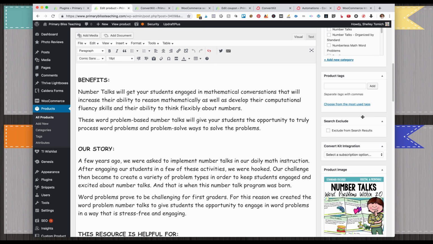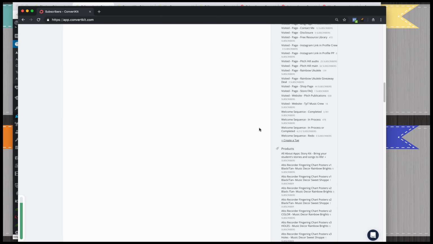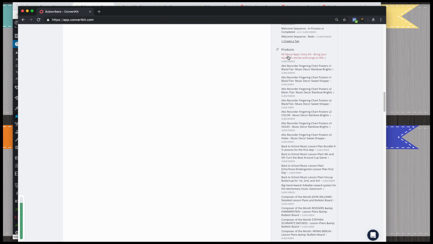So there's one other funky thing that happens when someone buys a product with Convertkit, which I think has the potential to be an amazing asset. However, I don't think Convertkit has finished fleshing it out completely. Let me explain. When someone buys a product, a tag is automatically created under products. It only lists the products that have been purchased. So if that product has not been purchased, you will not see that tag there. And you may have to go and manually create a regular tag, or if you want to force it,